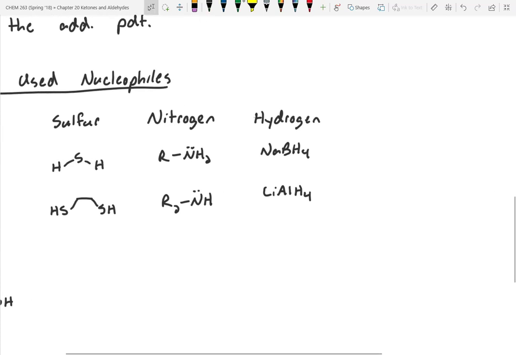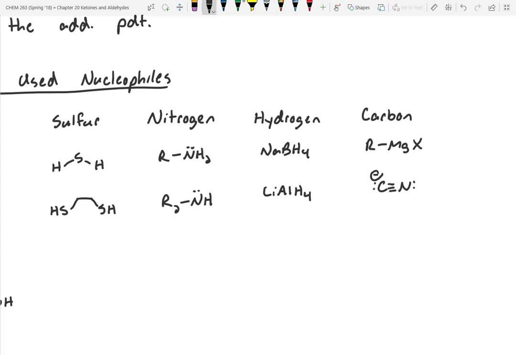All right, then the last one is carbon nucleophiles. Somebody already said it, but if you've got a Grignard reagent, right? That Grignard reagent we know can attack into aldehydes and ketones. This is always going to be under the basic condition mechanism. You can also have cyanide act as a nucleophile, although most people avoid it because it's somewhat toxic and dangerous to run. And then the last one that's kind of neat that we're actually going to cover later